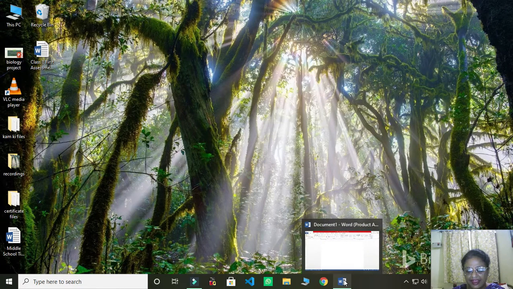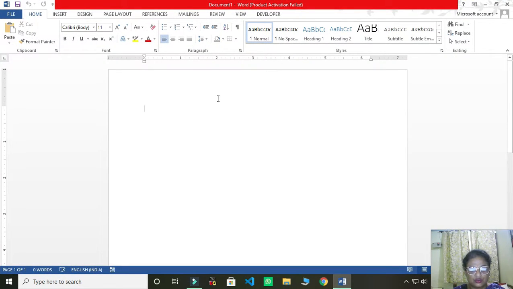Let us start our MS Word. As you know, we are doing chapter 4, formatting a document. We have learned so many things in this chapter. Let us revise each and everything. Just now, children, I have typed the heading, and you see the font is coming in by default Calibri body and 11 in size. This is the default size and style of MS Word.